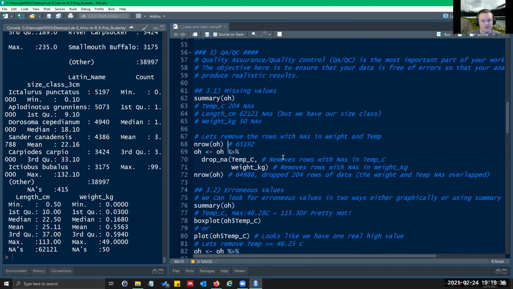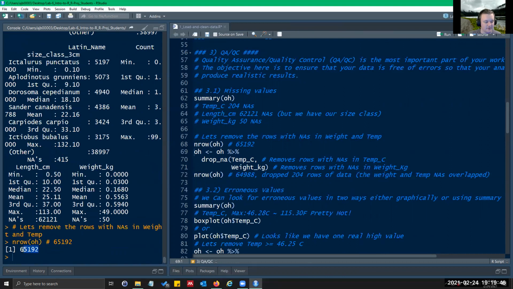We're going to look, I just want to show you this nrow command. So it's number of rows of your Ohio data frame or object. If I hit that, you can see we have 65,192. I could have seen that from the structure as well, but this is a little cleaner. So this is the same syntax as before.